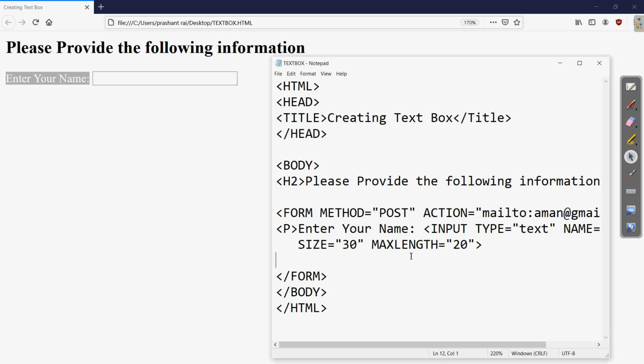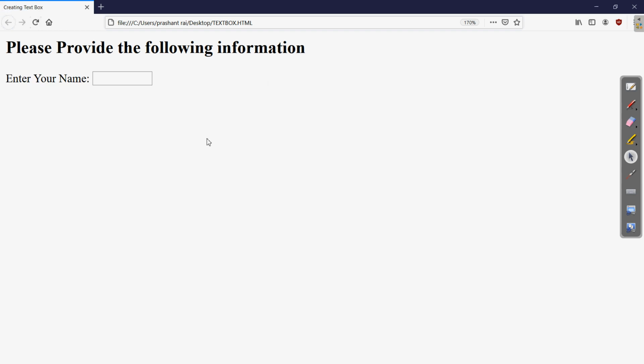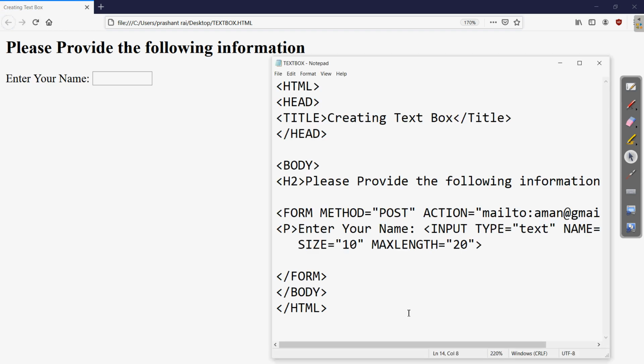Then the size and maximum length, you can change and also see what the application of this will be. If I change this size to 10, suppose, and I save this, you can press Ctrl S. After doing any of these changes, we have to refresh this web page. If I refresh this, you can see the size of this text box is reduced. Clear?